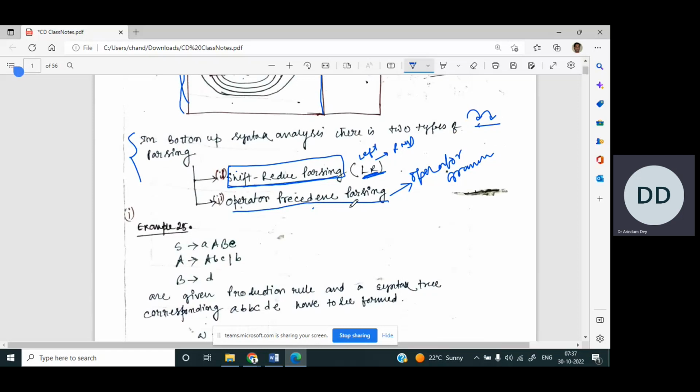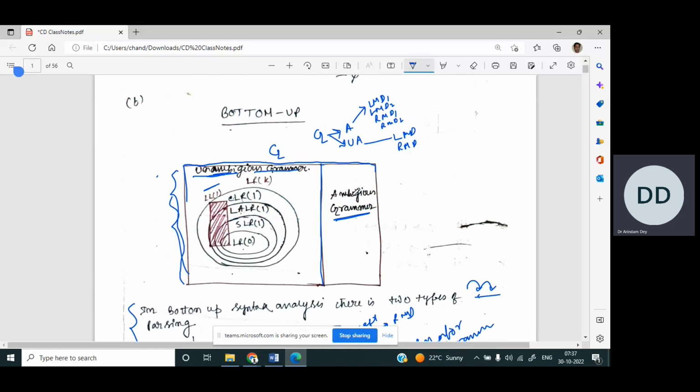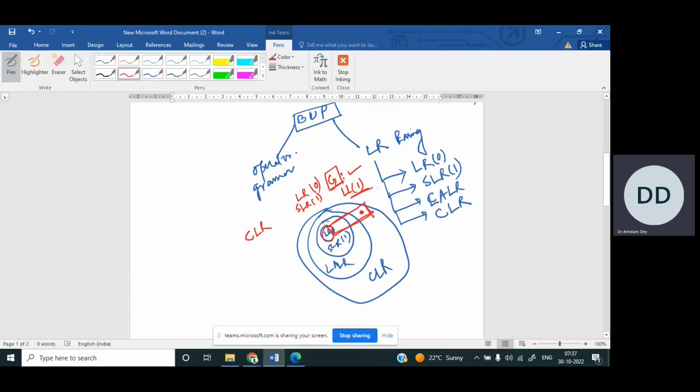Okay, so what we have covered so far is the different categories of bottom-up parsers, and the architecture, the Venn diagram of bottom-up parsing. Different terminologies we have seen, and we have seen that if a grammar is LL1, then the grammar will be CLR. What is CLR? What is SLR? What is LR0? What is LALR? We will be looking through all the different segments one by one,